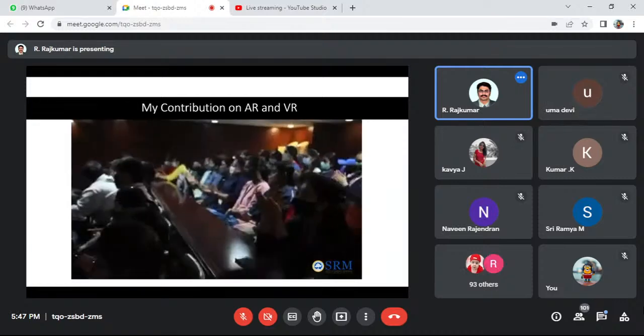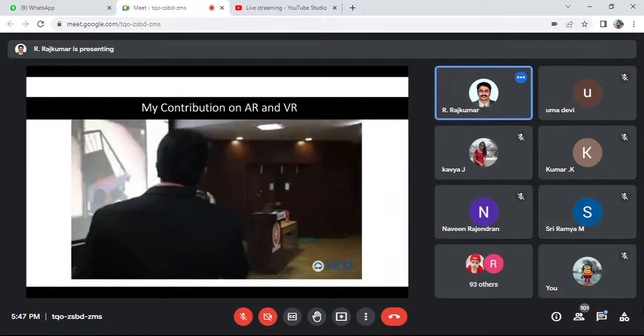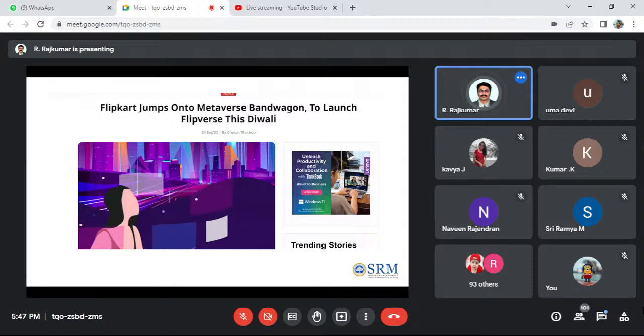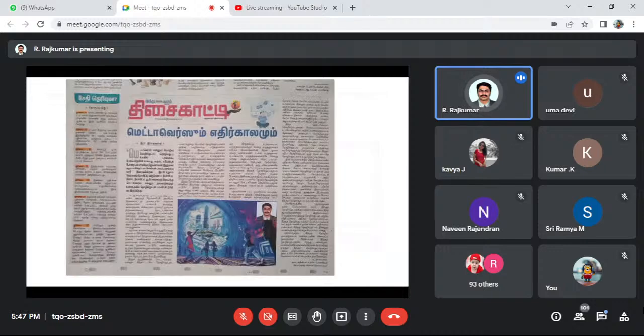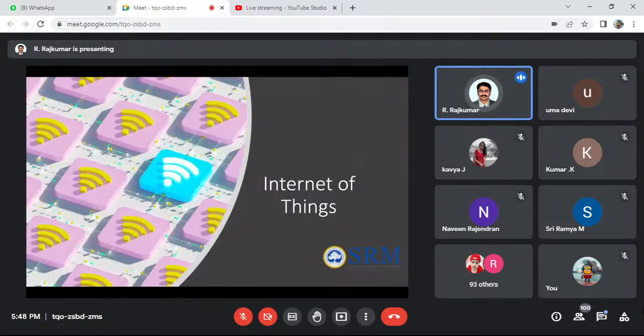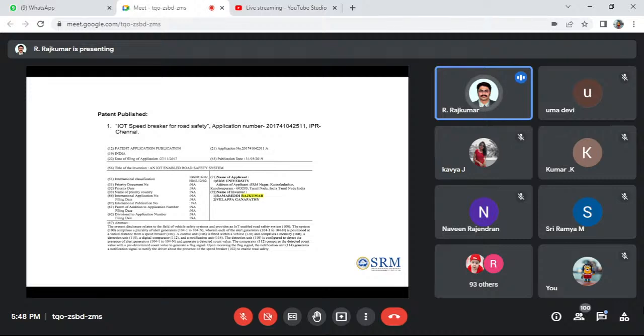Flipkart is jumping into the metaverse. We are going to see that too, and this is my article on the metaverse and its future in Tamil Hindu Tamil. So these are the other areas we focus on.